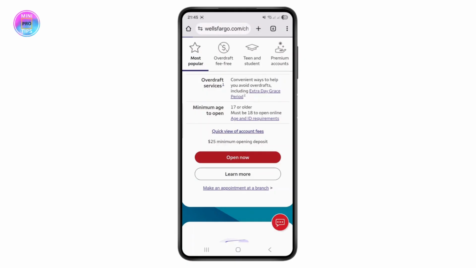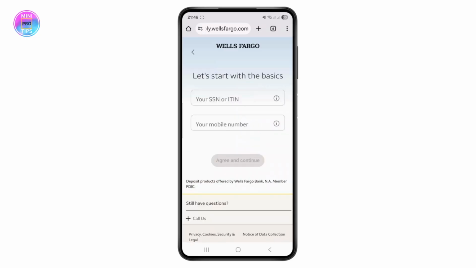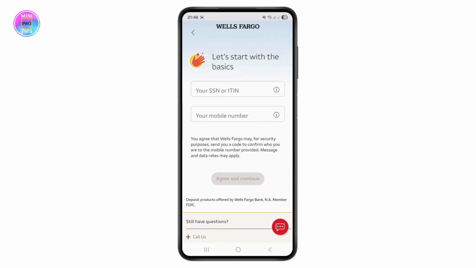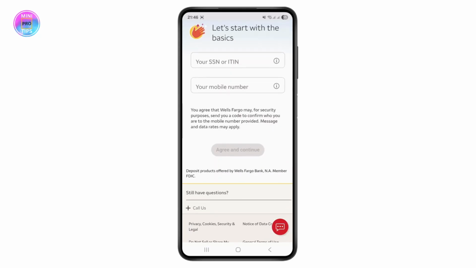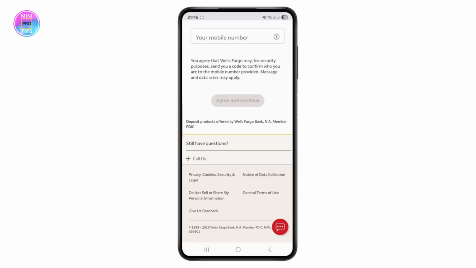Also, you need to keep in mind that $25 is the minimum amount which you will have to deposit as an opening deposit. And once you're inside here, just tap on this let's go button over here to get started with the online application, filling out your personal details such as your social security number, your name, your address, your phone number, contact information. And once you tap on agree and continue,